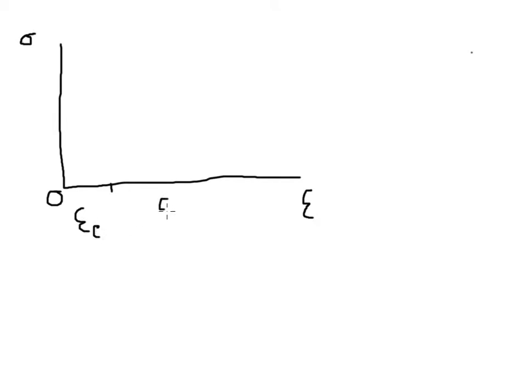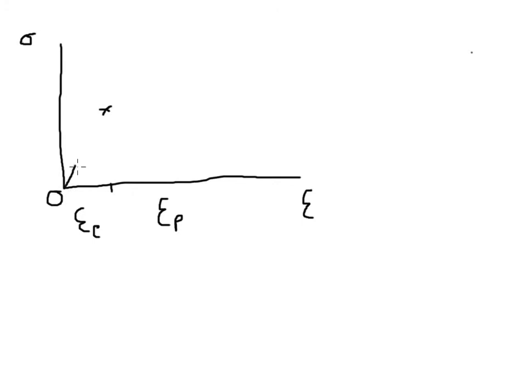and the plastic region. The elastic region is where stress is proportional to strain, and the strain is not permanent. Once you let go of the stress, the strain will go back, or the length will go back to its original length. But once you hit the plastic region, once you let go of the stress applied, your length will not go back to its original. This is divided by something called the yield strength,